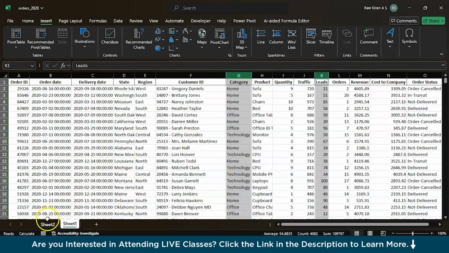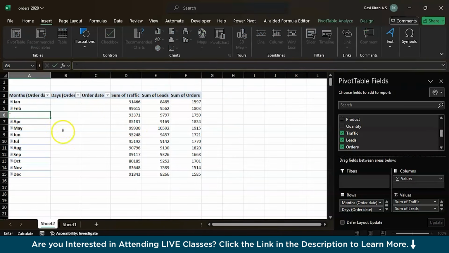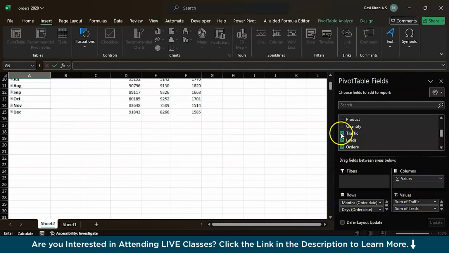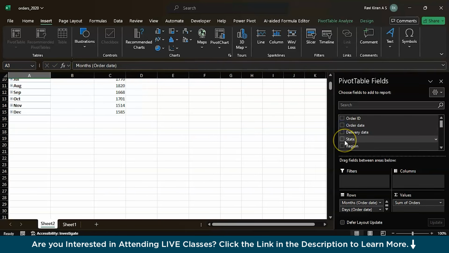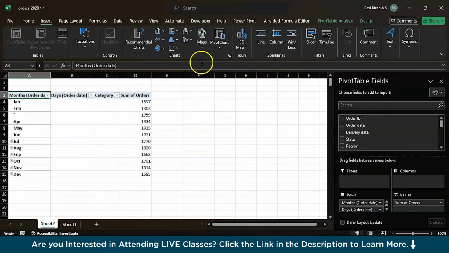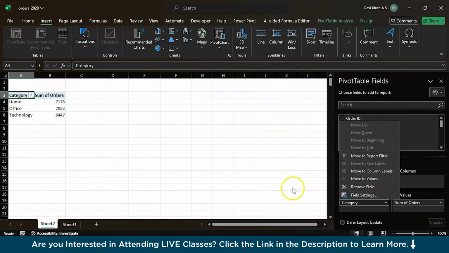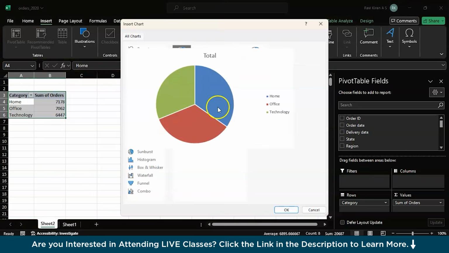Let's close this and go to sheet 2. So you can delete this one. And get into the pivot table once again. You can clear this. And then order date, you can also clear order date. And you can just select category. Now we have, okay, order date is supposed to be removed. And now we just have orders and there are some of the category details. Select all the table and go to the pivot chart or normal charts and select the pie chart and press